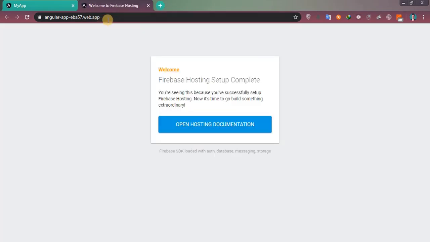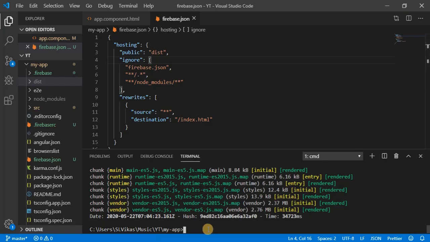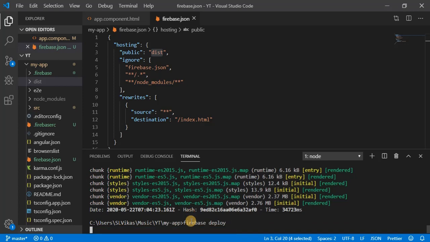We are getting this page, not the Angular app. Make changes here, public as dist, and let's deploy. So firebase deploy once again.